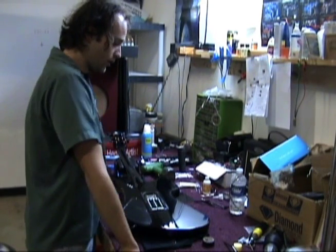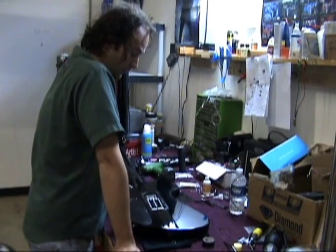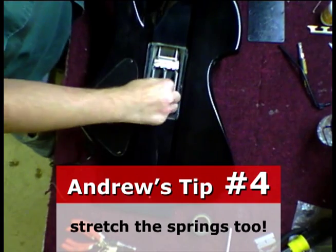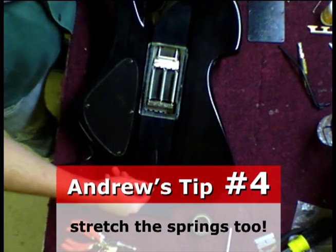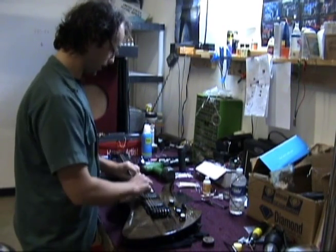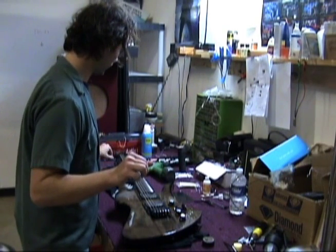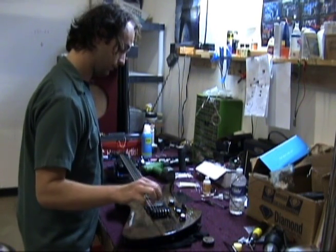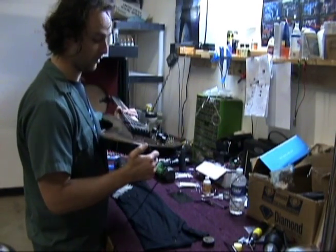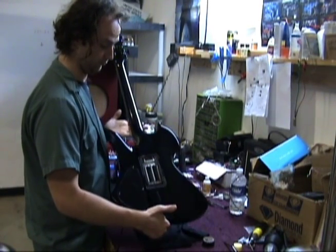But just as you need to stretch the strings of your guitar when it comes in, you have to also stretch the springs, because the springs will slacken over time. So you get a brand new guitar and you've stretched the strings a lot, and it still goes out of tune, and you're wondering, why is my guitar a piece of junk? You need to stretch the springs first, because